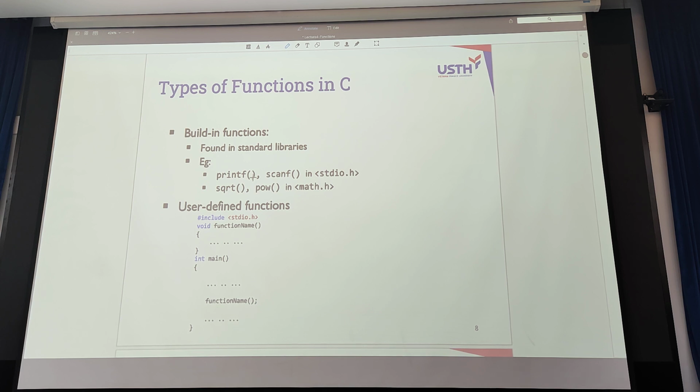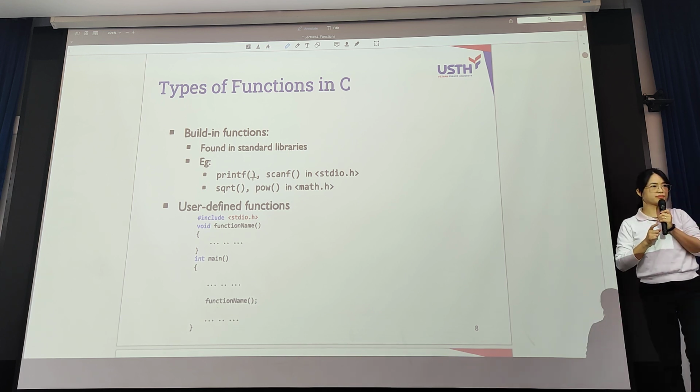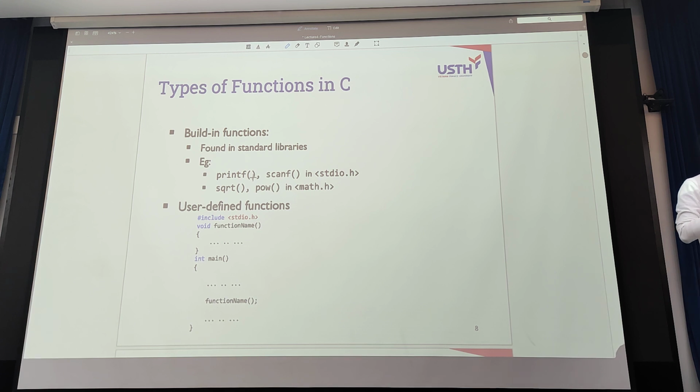Now, do you remember the printf function? How many arguments does the printf function have? Or how many parameters does the function printf have? Many.